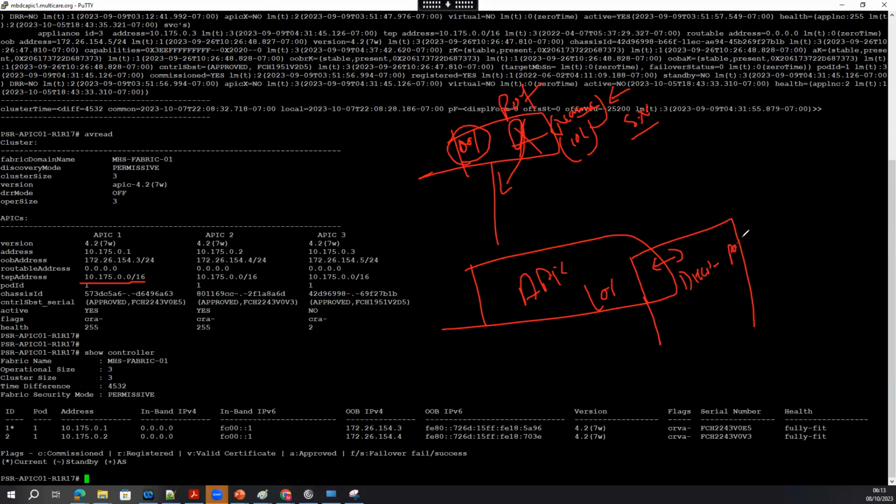If you change the 101 to 103, with a different serial number and node ID, then APIC will override and assign a new address. The same follows for the leaf and spine switches everywhere.